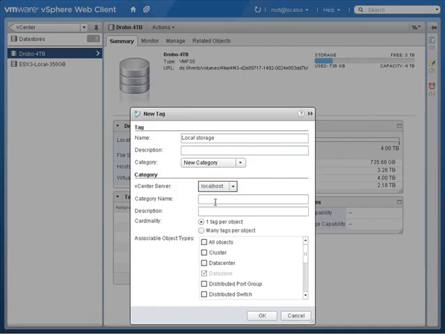I'll need to create a new category because I don't have any categories. And I'll call these data store tags. And then look at the cardinality here. With the data store tags category, can you have one tag per object or many tags per object? Now, when it comes to data stores, of course, I'm going to assign this just to the data store object. You can assign it to various types of objects, but for the data store tags example, it would just be